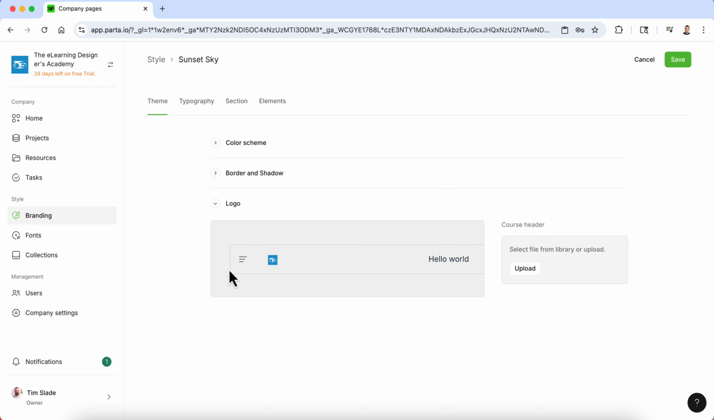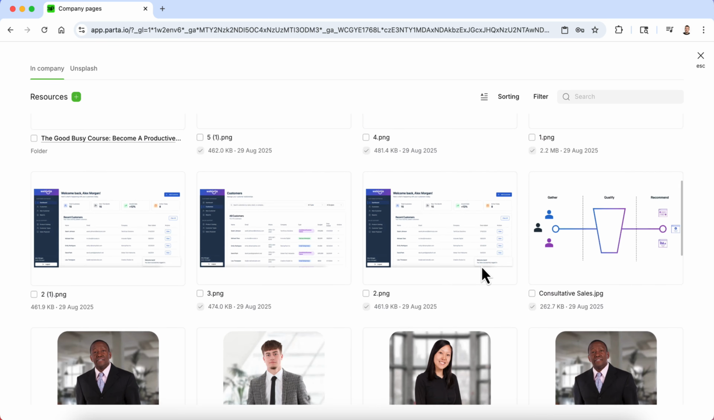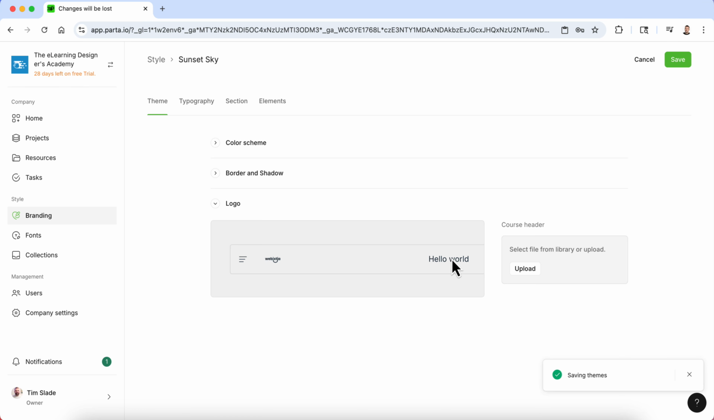Then we get into logos. Obviously, we can change our logo. Let me upload our Webistia logo, which I think I previously uploaded here. Yeah, there we go. Throw that in there. And it changes that there as well, right? So I'm going to go ahead and hit save. Now, those are just the colors, borders,